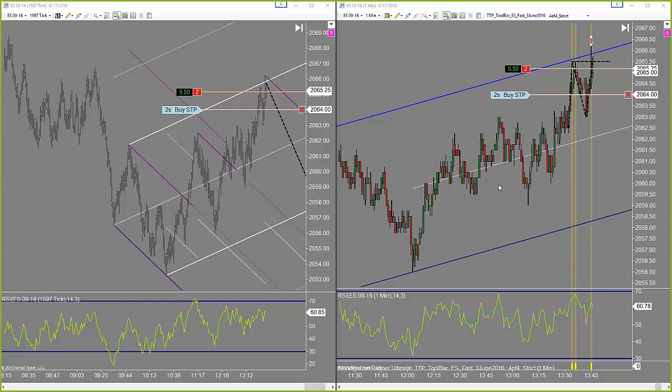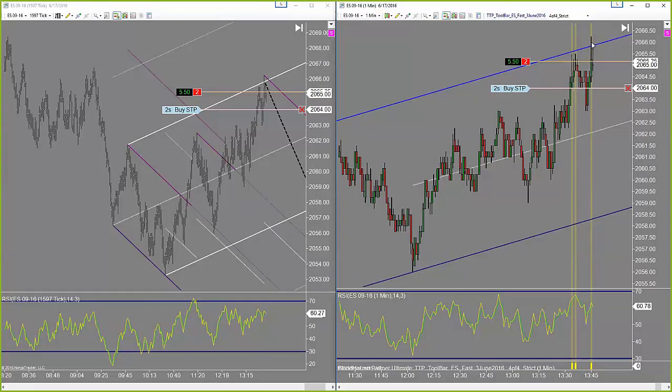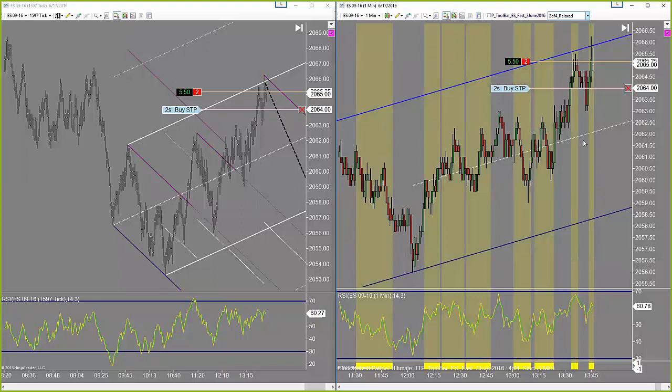So at any rate, that's one entry right there, one signal, right? So you're not getting green and red out of Bloodhound with these templates. These templates are basically just kind of a starter version leading up to what we're going to be introducing once this thing is finalized. So just to get you familiar with how this all comes together, this is 4 of 4. So all 4 charts have to be in agreement. When I set it to 2, then of course you have signals everywhere, which is not helping anybody with anything, which is why we really need to